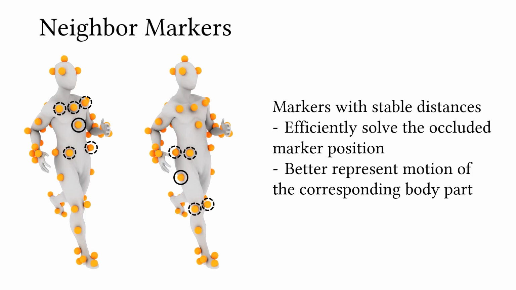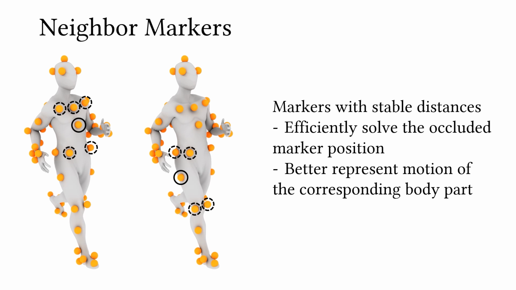Next, we demonstrate our pipeline. Different from previous neural-based methods that overlook the relations between neighbor markers, our method leverages marker locality by identifying neighbor markers with stable distances across the whole motion. It can help the network to efficiently recover the occluded marker's location and better represent the motions of the corresponding